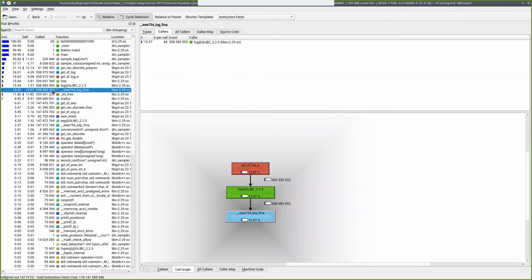But we can observe that currently we're using the GNU scientific library to actually compute the logs. And for that, for every single computation,